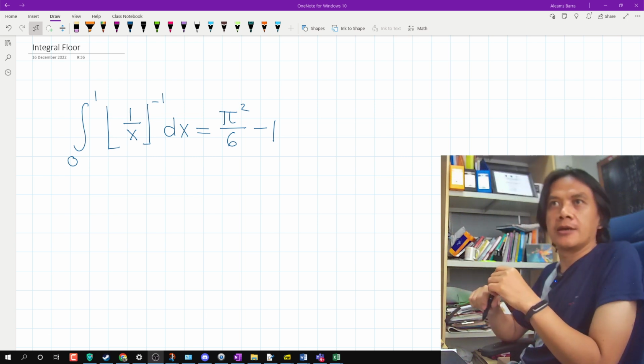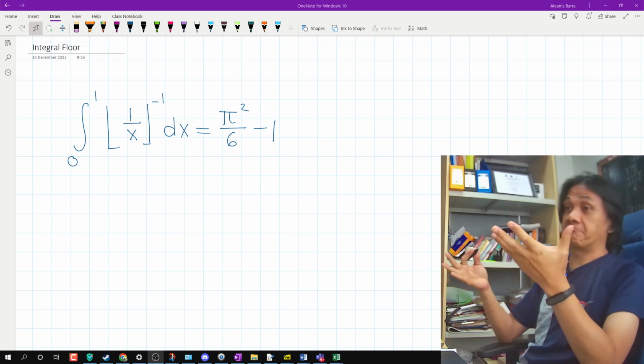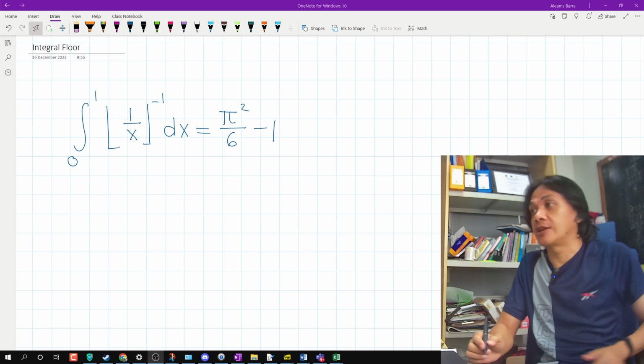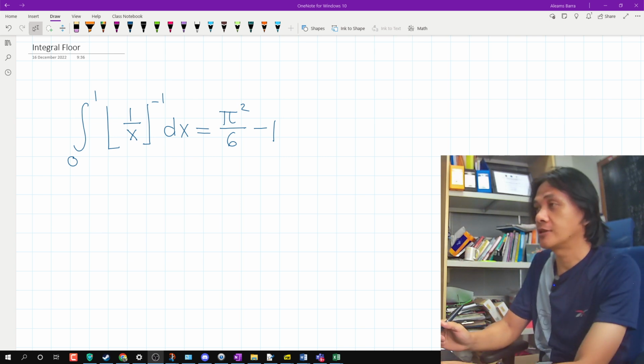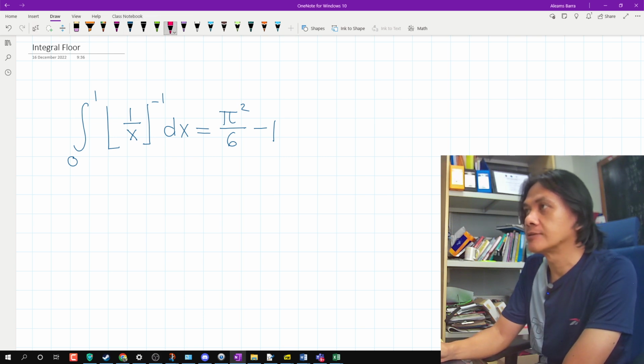All right. This morning, I found this intriguing integral. So then I tried to figure it out. Well, after some trying, I noticed several clues here that we have